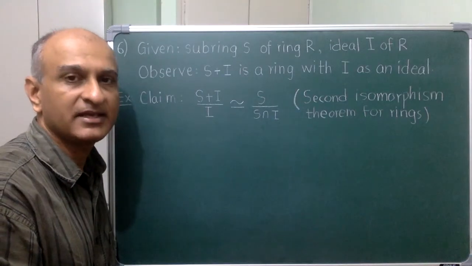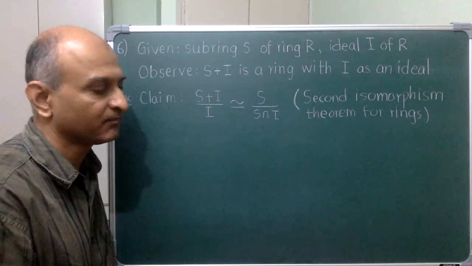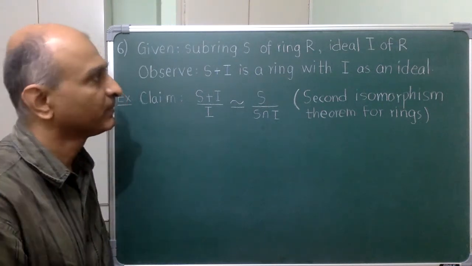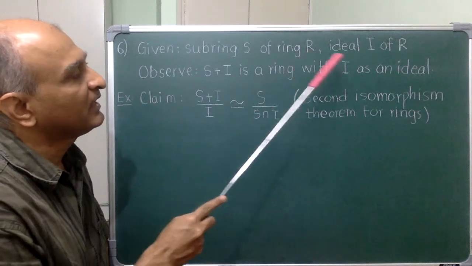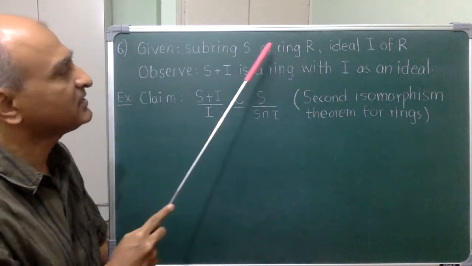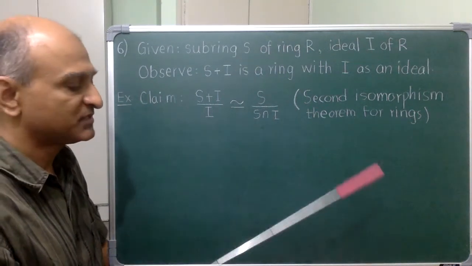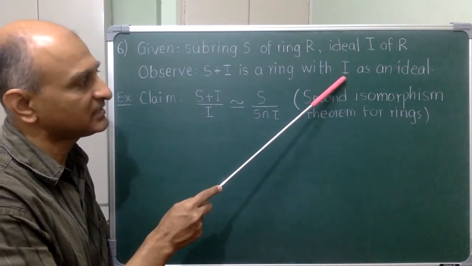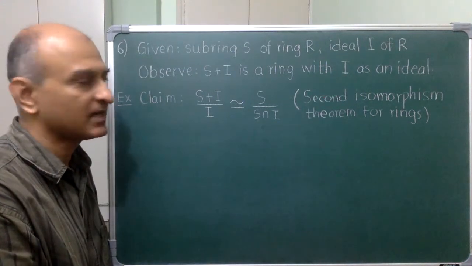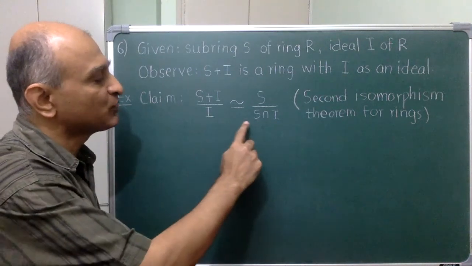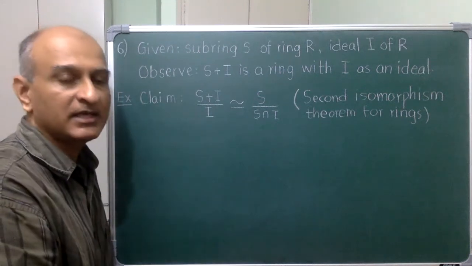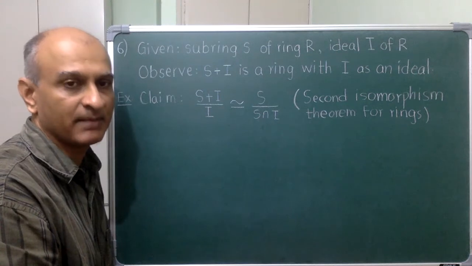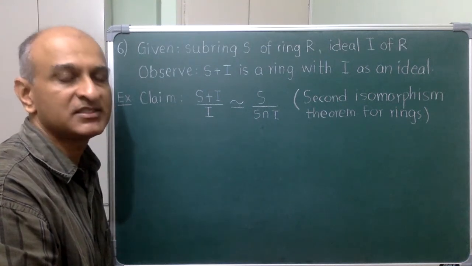After that extended example involving Gaussian integers, here is a last example illustrating the use of the isomorphism theorem. So we have a ring R, an ideal I of the ring, and a subring S of the ring R. Observe that S plus I is also a subring and it has I as an ideal. So as an exercise, I want you to show this isomorphism of rings. A key decision that you have to make in the beginning is which way you are going to try to construct the map. If you do it right, then this is very easy.